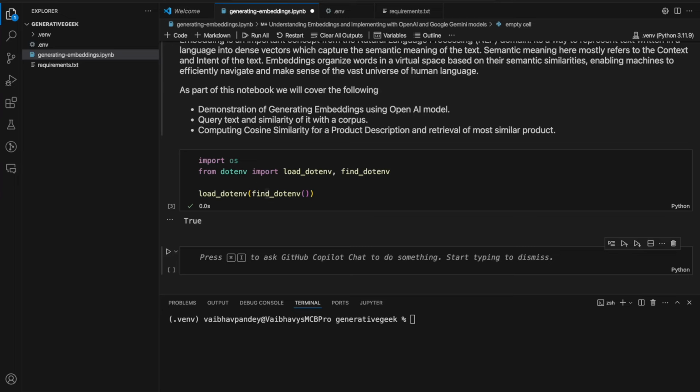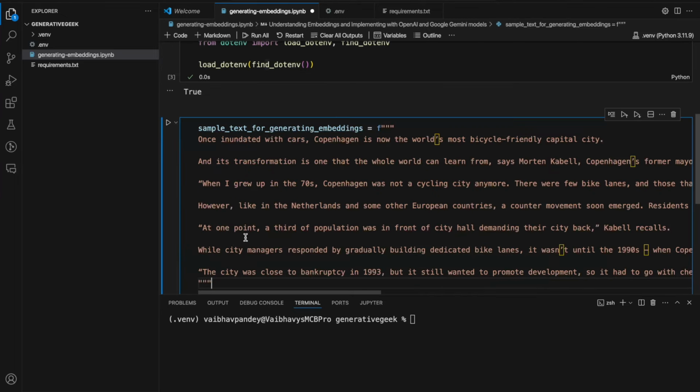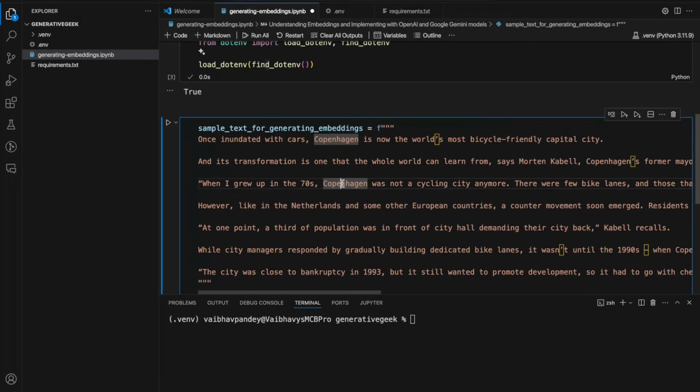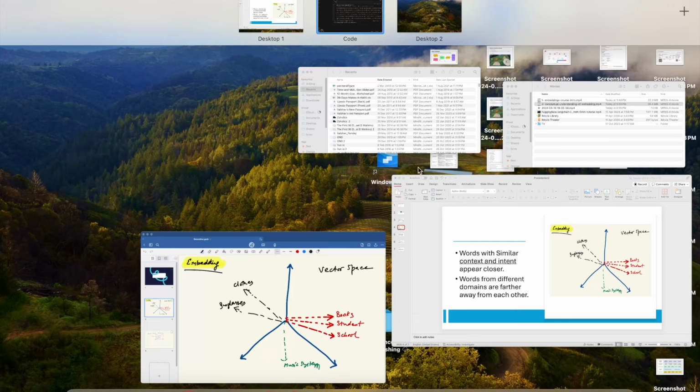Now what we'll do is I'm just going to copy paste some sample text. This notebook will be available to you as part of the description, with the link on my GitHub. You can use this or just paste any text, right? What I've done is I've just taken some news about Copenhagen and put in the sample text. This is the text that we'll use for generating embeddings. The library we are going to use for generating embeddings is the OpenAI library,